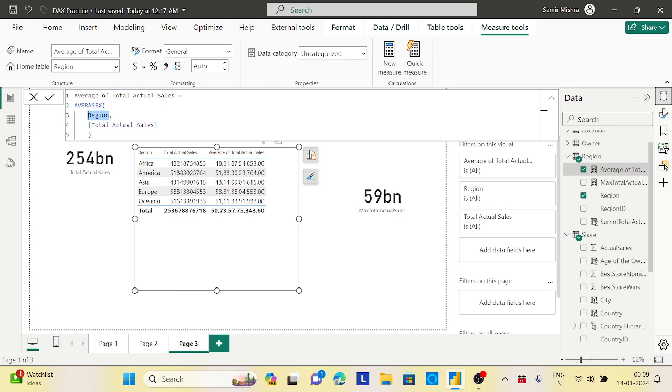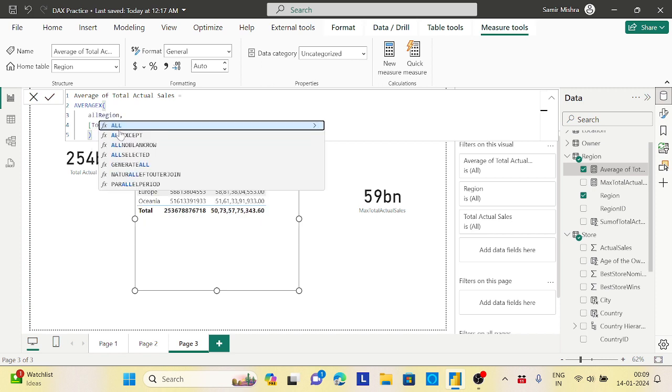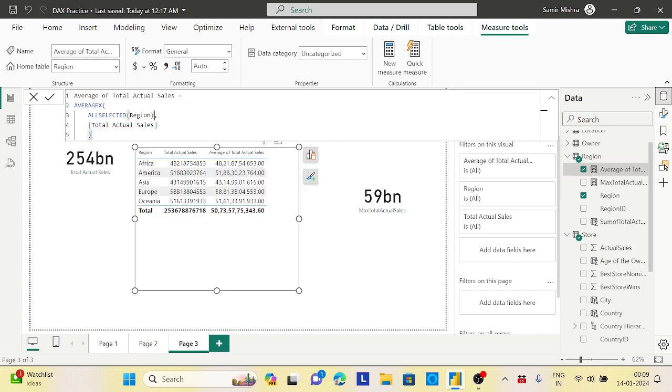So here we need to remove the filter context in this case. I can use an ALL function or ALLSELECTED function. Later in this series we will discuss ALLSELECTED thoroughly. For now, ALL or ALLSELECTED, anything is fine, but there is a difference. Let's go with ALLSELECTED here. So what will happen now? When I am in the context of Africa, I can see other data also, so that I can compare the average of this. So if I now enter this,